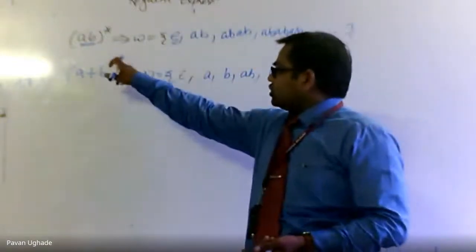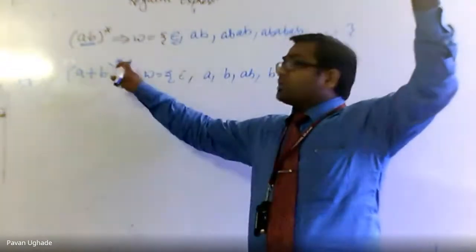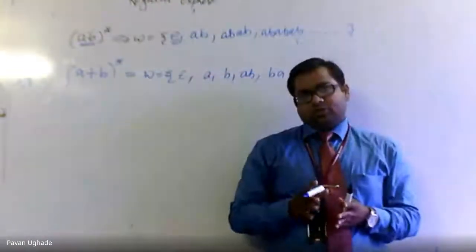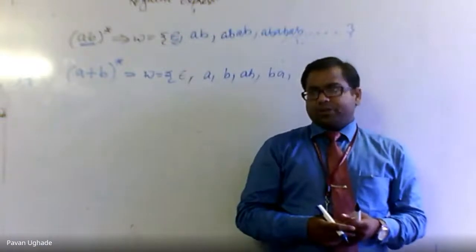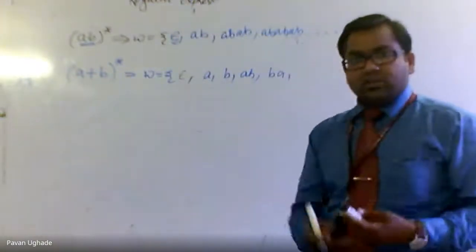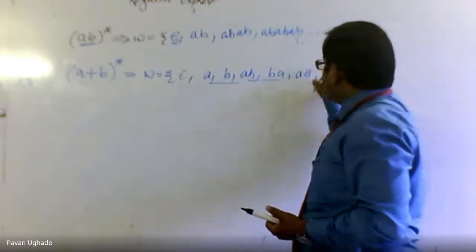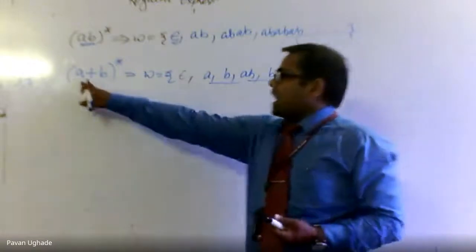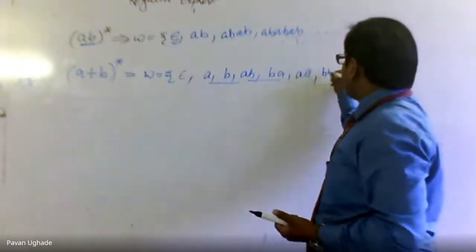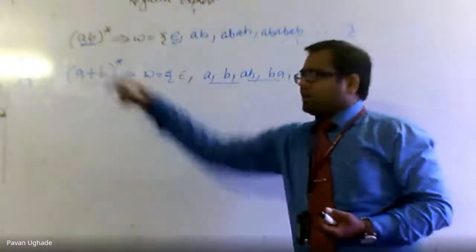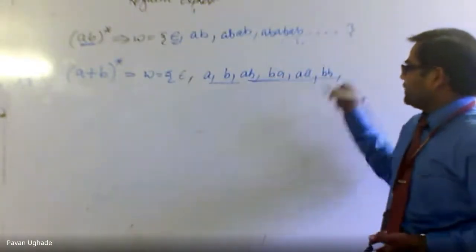As it is closure, n number of lengths can be possible. We know closure means infinity power. That's what I have explained in the mathematical way also. Right? So can you tell me about length 3? This is all about length 1 and length 2. This is not the complete length 2. Can we have AA also? AA. I will not make a combination with B. I can make the combination AA, and with B only BB. I will not make the combination of A with B. Right? So these are all the strings possible with length 2.